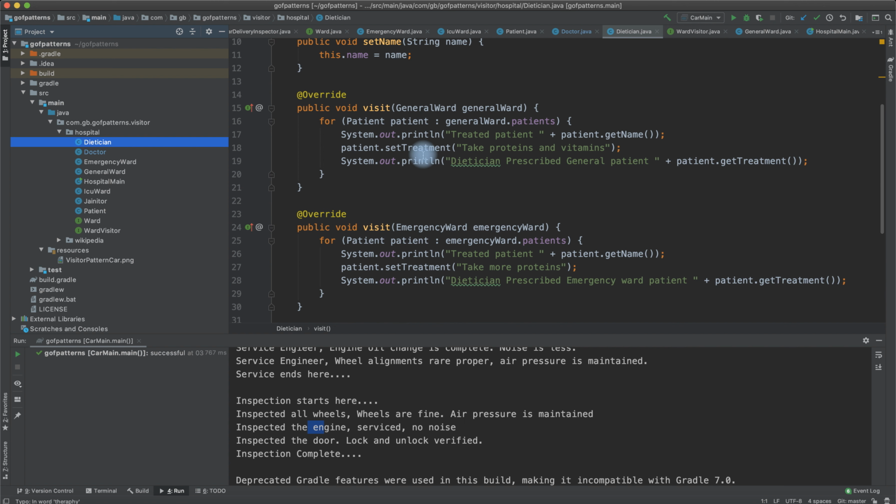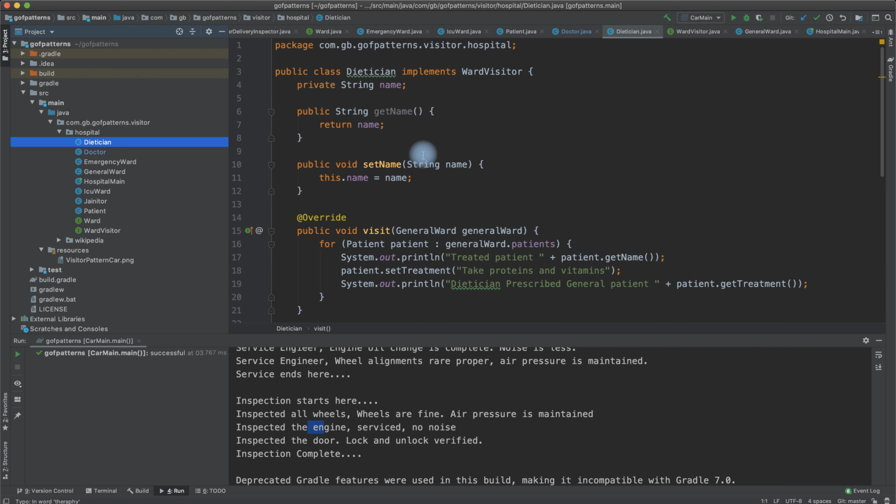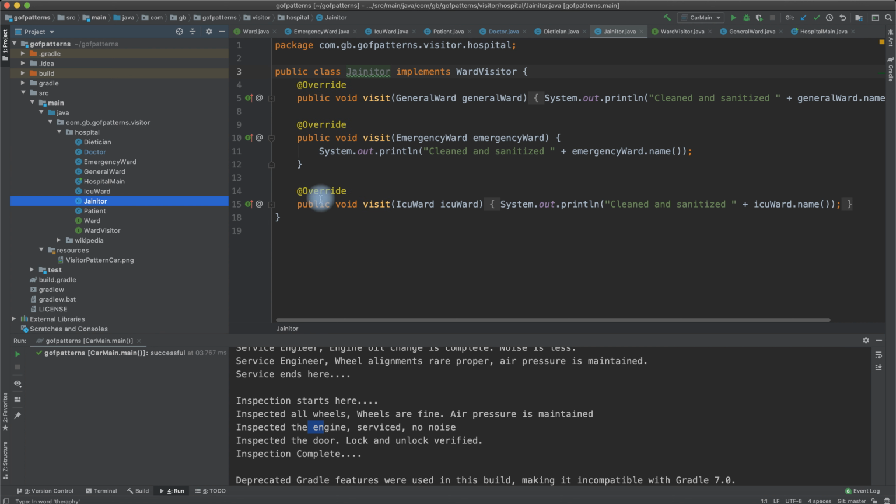The dietitian is also a ward visitor. Irrespective of the wards, the dietitian visits all the wards. The next person that we need to think of is the janitor. The janitor also visits all the wards, am I right? So the janitor will go and visit the emergency ward. He does cleaning, he will sanitize it. The level of cleaning may be